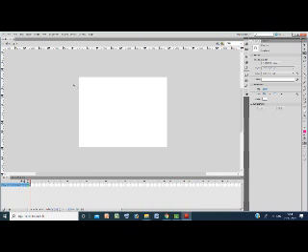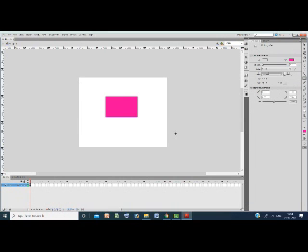And now we will move to the next part of this window, the toolbox. This toolbox contains various tools. These tools are used to draw, modify or color objects on the screen. At a time we can select any one tool from the toolbox. These tools are used to draw on the stage. Some of the tools are the selection tool, text tool, line tool, square tool, pencil tool, etc.